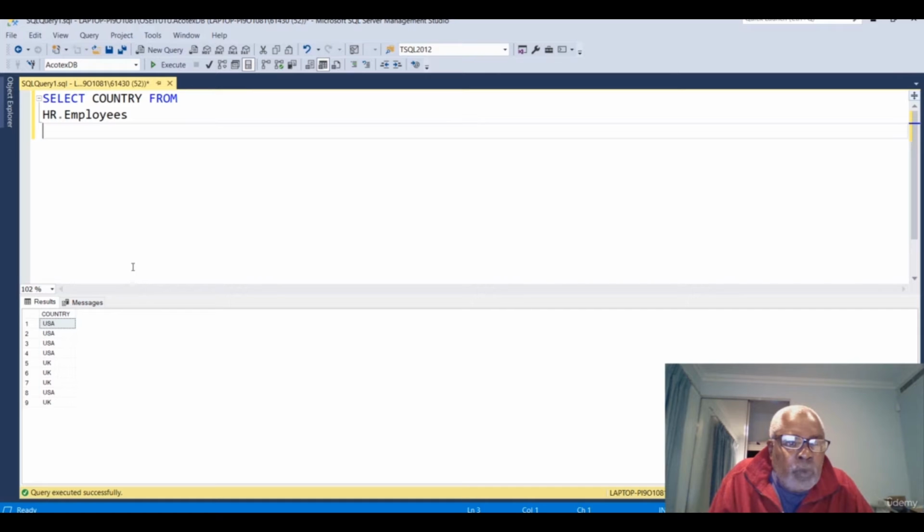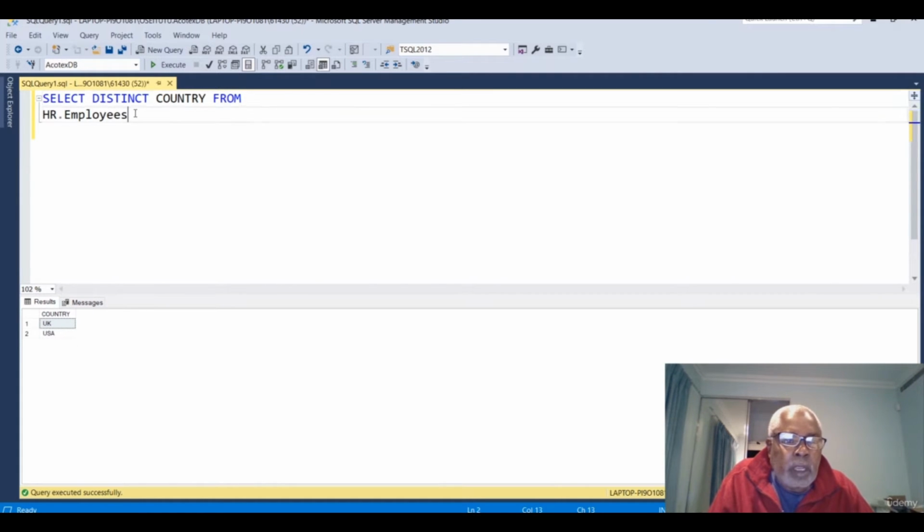In other words, we can modify this query so that the result set will be relational. For example, we have a distinct operator that will allow us to have a result that is purely relational. So if I execute this code now, you realize that we have produced a relational result by removing all the